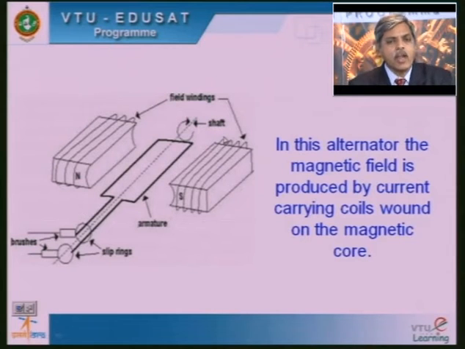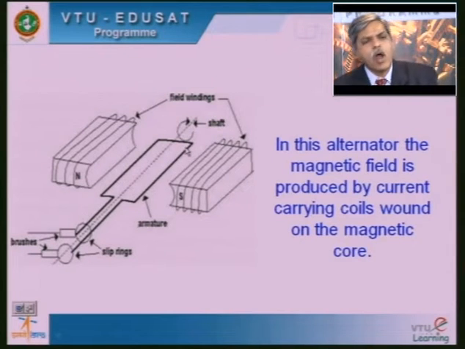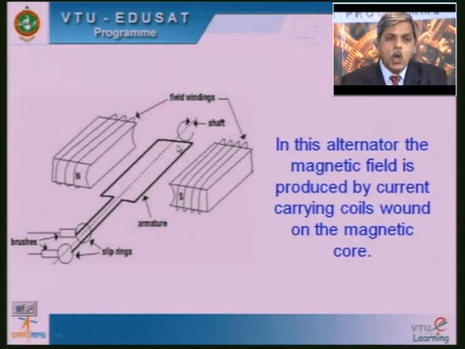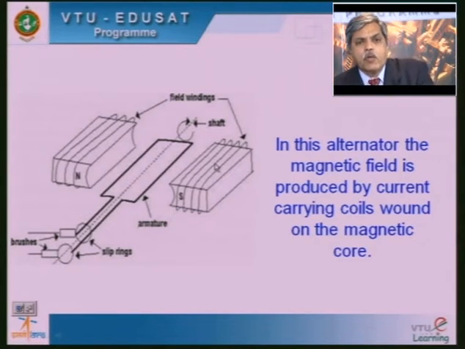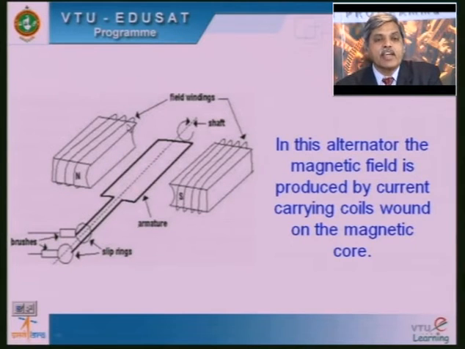So here I have another alternator. The operation is the same for this alternator also. The only difference is that in all the diagrams I showed previously, the magnetic field was produced by permanent magnets. Now here I am giving you a coil wound on a magnetic core. I can pass a DC current through these field windings, which I have shown on the poles. These are made up of copper, normally a thin wire is used in the construction of these coils. This coil will carry a current.